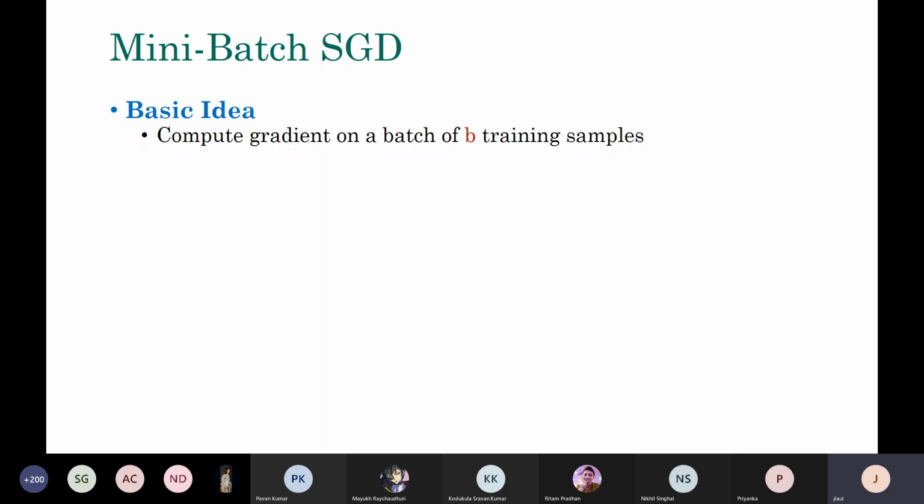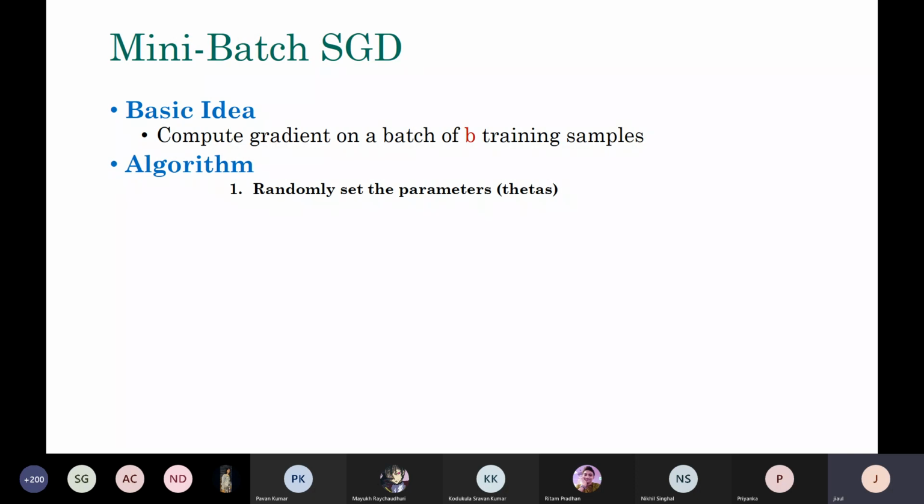So in order to avoid that kind of problem, we want to apply mini batch stochastic gradient descent. The idea is very simple: when you are computing the gradient, you use a batch of B training samples. Not one, not all, but a batch of B. B is typically a small number. Sometimes it is in thousands, sometimes in hundreds. So you take a batch of training examples, compute the error function, compute the gradient, and then you move forward. Here is the same algorithm with a little bit of change.